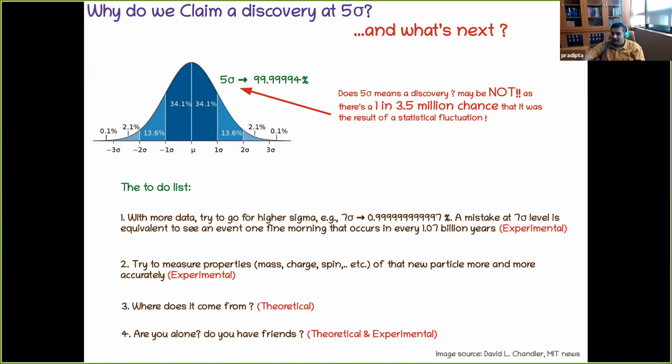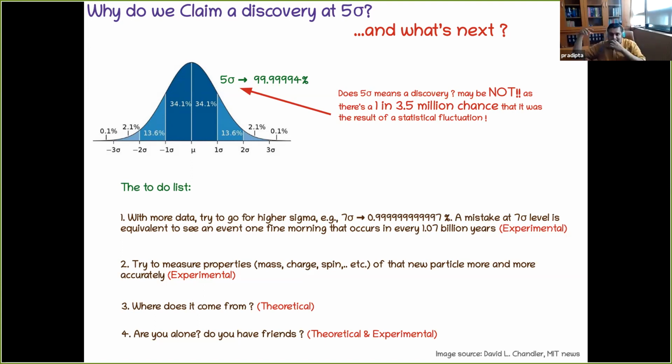Then the important question, to know the origin. That is definitely not the job of an experimentalist, that is the job of a theoretical physicist. Finally, the most tricky part, if we see something BSM, is there only one BSM particle, or are there a series